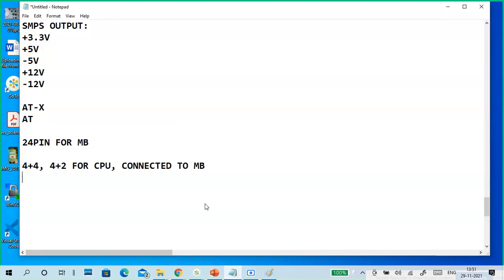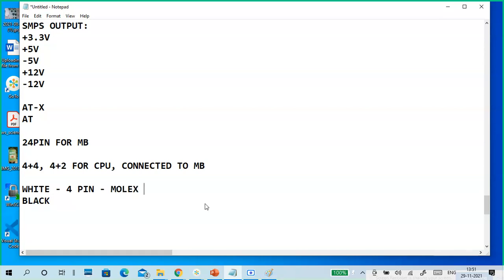Generally this is in a white color, the two 4 pin connectors.